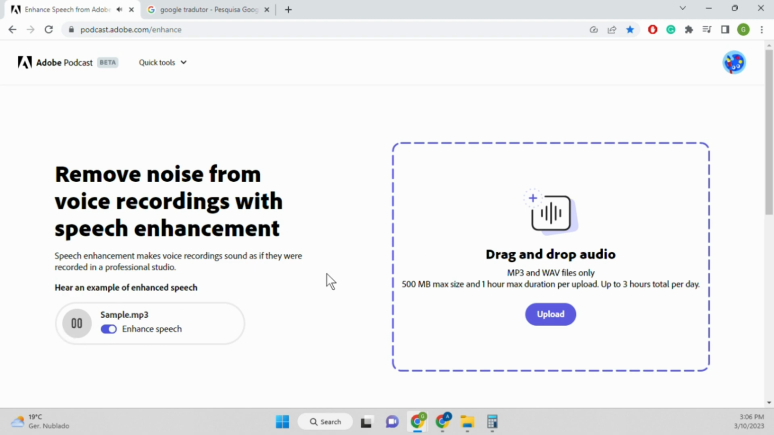I'm in a conference room with the window open, and it's pretty echoey in here too. Not the best place to record audio. Yet with enhanced speech, all of the background noise and echo is gone, as if I recorded this in a